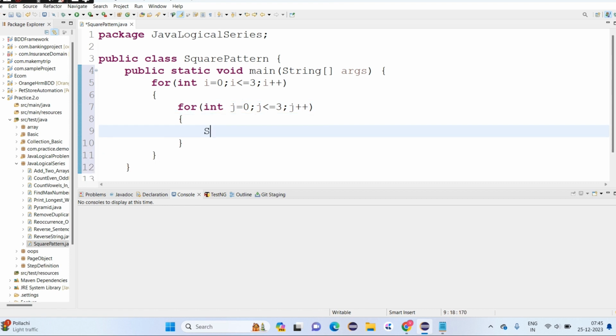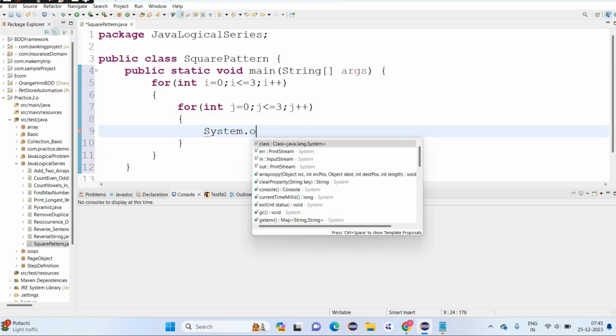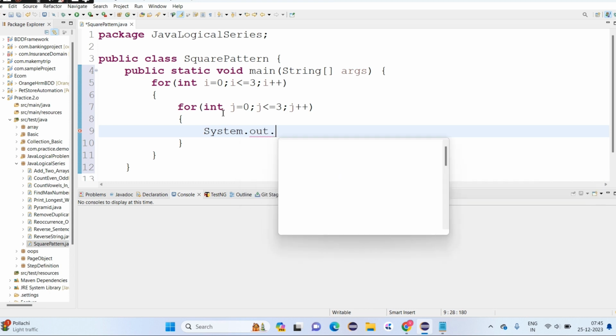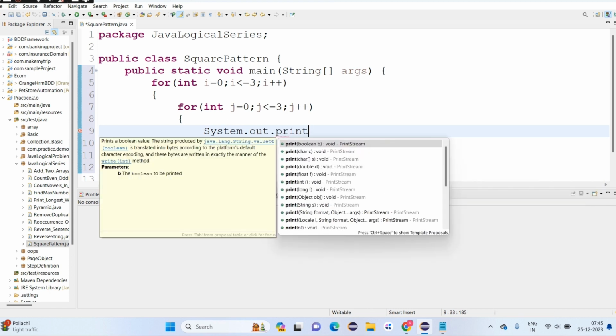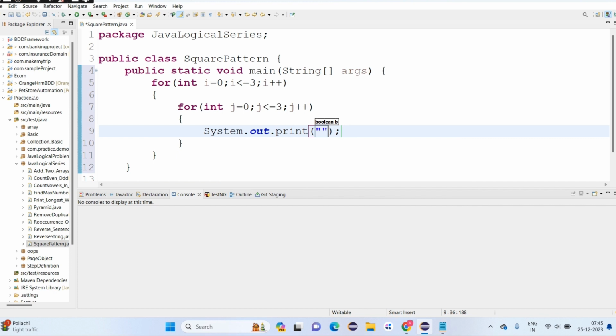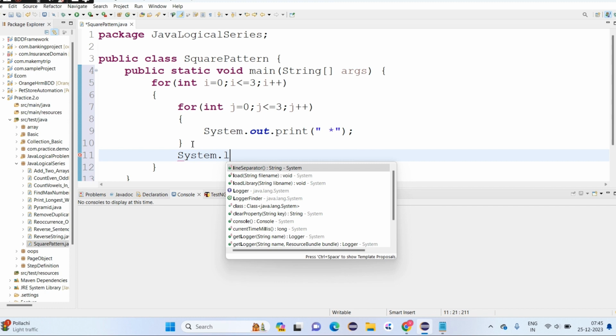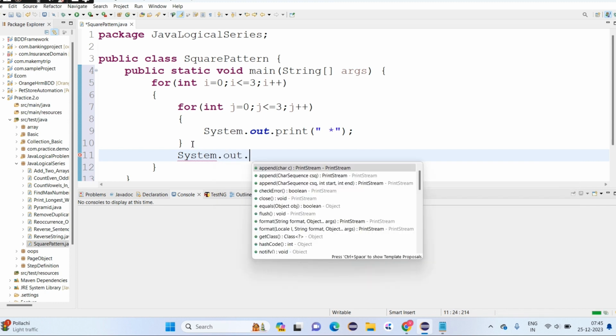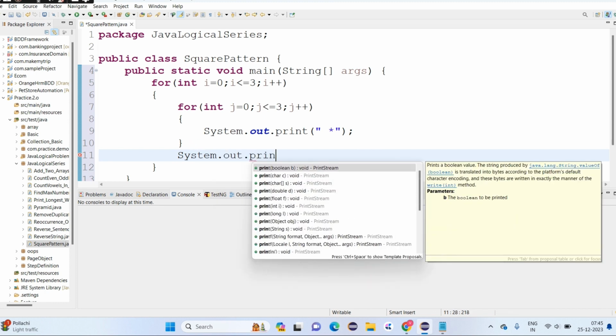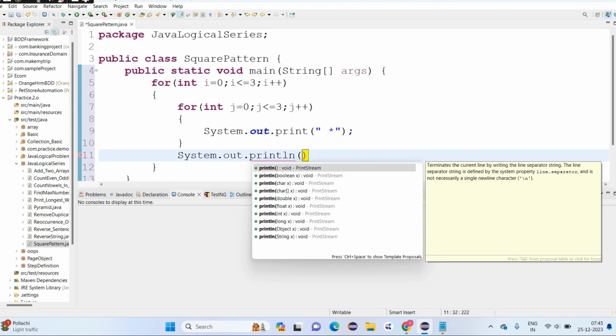Then in that, System dot out dot print star, then System dot out dot println.